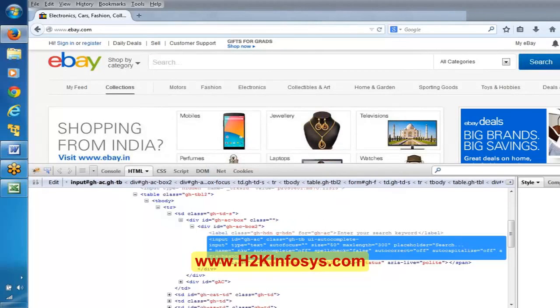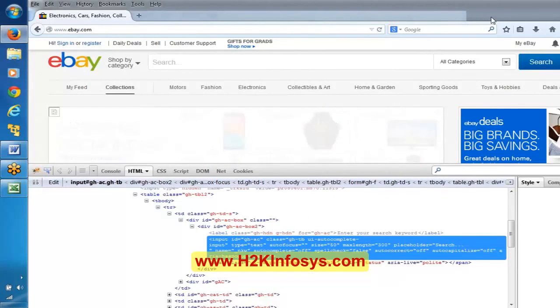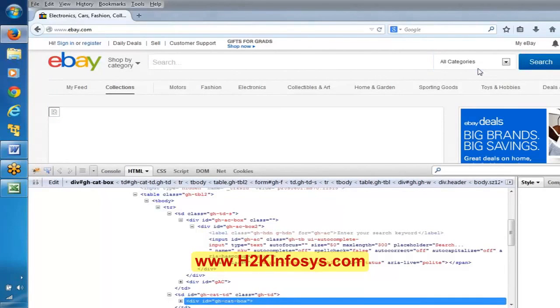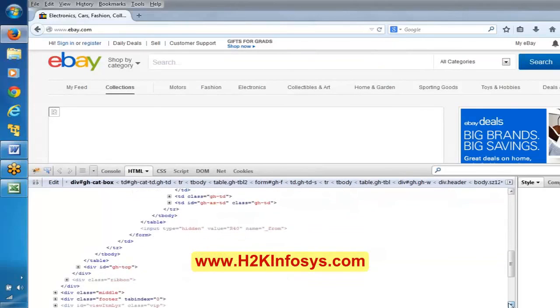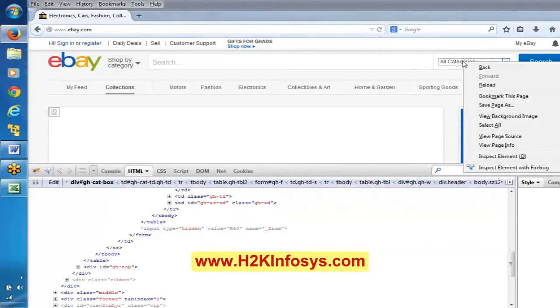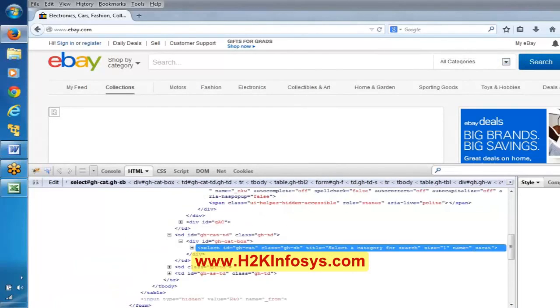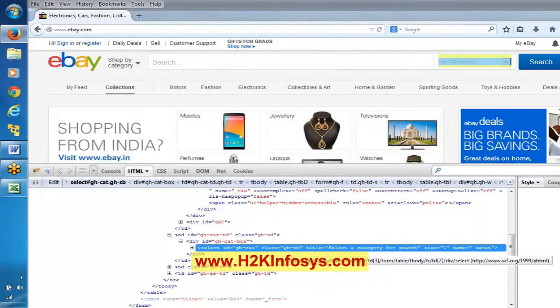Now similarly we will try to find this particular list box. See here, there is another option. Select this, and here I am selecting this particular list box. Now everyone observe here. Let me right click on this object and say inspect element with Firebug. Can you all observe here?